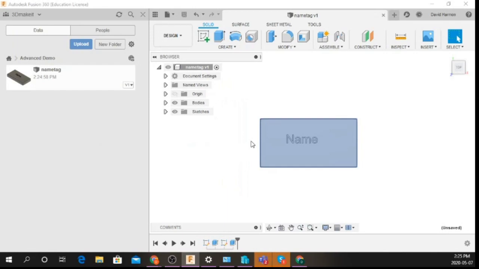Never. So save. Yes. Now, I've saved my object. So let's call our name tag done, but we wanted to build a little box that the name tag can